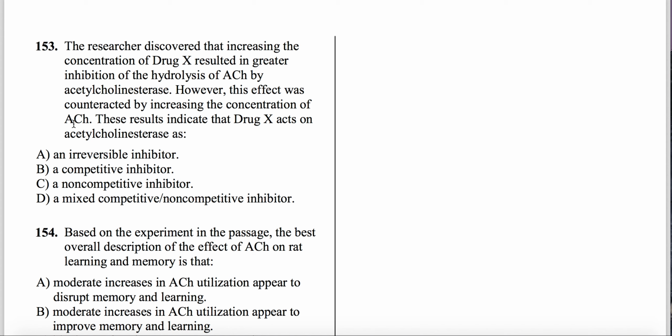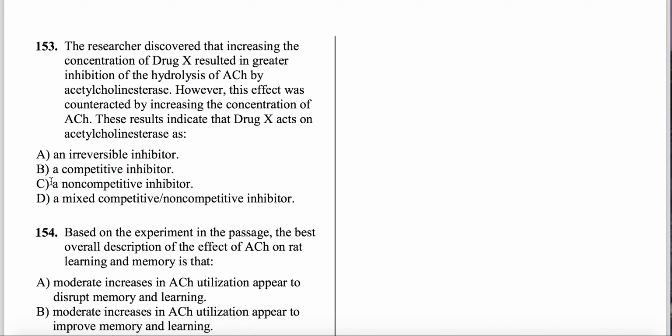Irreversible would mean that once it gets inhibited, it's done for. The enzyme is done. You can never fix it. You have to break it down. You can't remove the inhibition. There's no indication of that. B, competitive, that's exactly what this is, right? The substrate is competing with the inhibitor and you can just outcompete it. If we add enough acetylcholine that the effect of the inhibitor is completely eliminated, then that's the definition of competitive